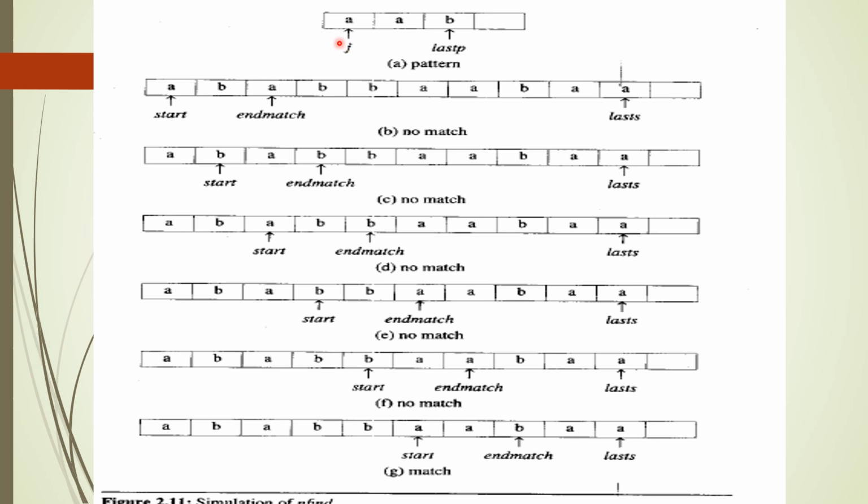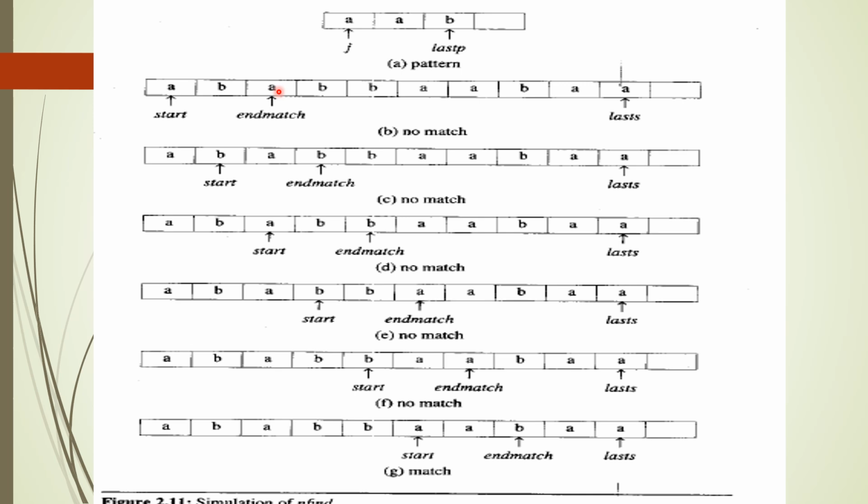But unlike the first pattern matching algorithm, where we compare the first character of the pattern with the corresponding character of the text, and if there is a match, go to the next character, with the end indices first pattern matching algorithm, the last character of the pattern is compared with the corresponding character of the text.